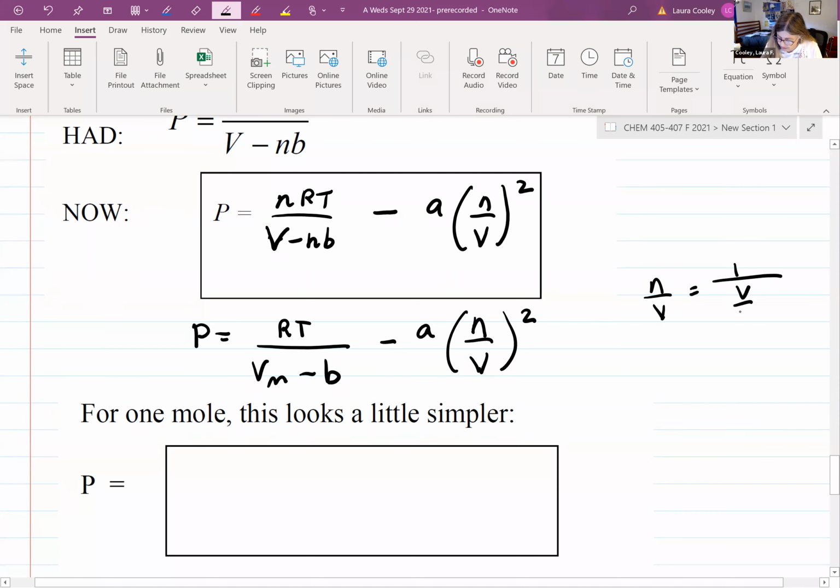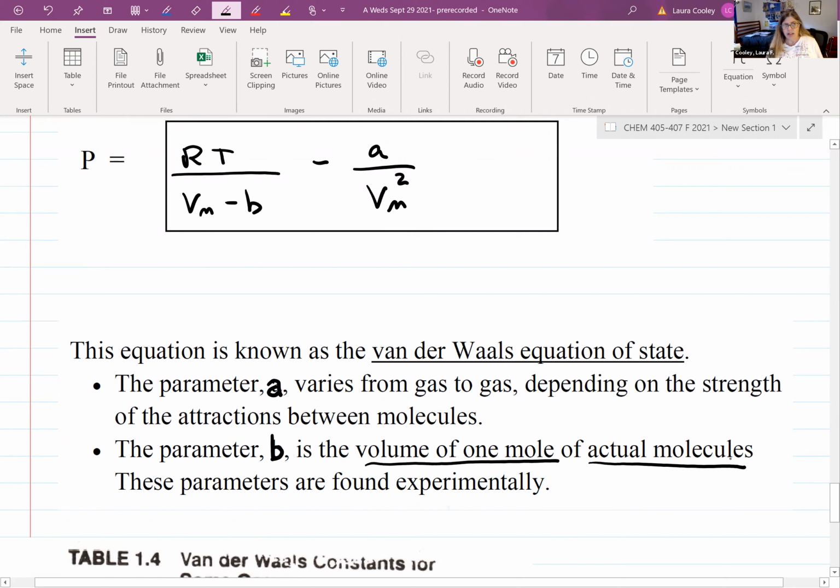And that's what this is called. So these two van der Waals parameters, A and B. B is the volume of 1 mole of actual molecules, which could be gotten from bond lengths and making assumptions about the size, about the shape of a molecule. The A parameter depends on the degree of attractions. Now, both of these can be found experimentally,